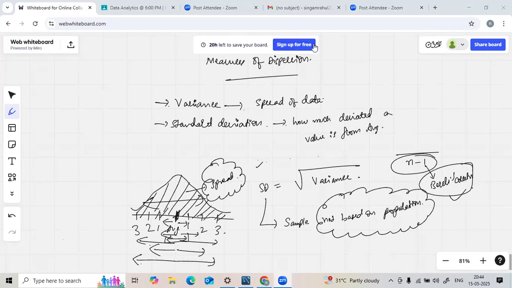Okay, clear guys, everyone? So let's try to wind up the session today. Tomorrow, let's try to focus on some distribution concepts. And tomorrow again, we'll have a discussion on the outlier topic one more time. Mostly we'll be going with the distributions topic. I'll suggest you focus on the topic one more time. Based on that, we'll proceed.